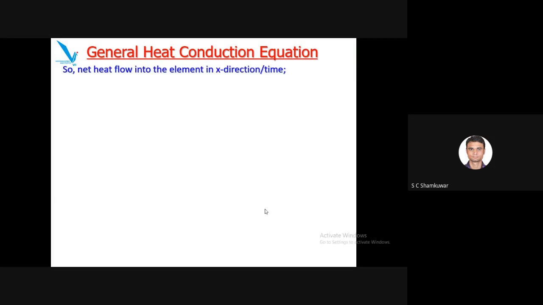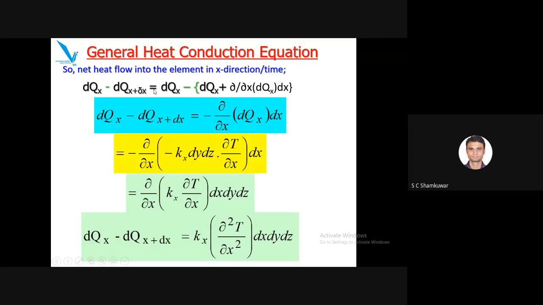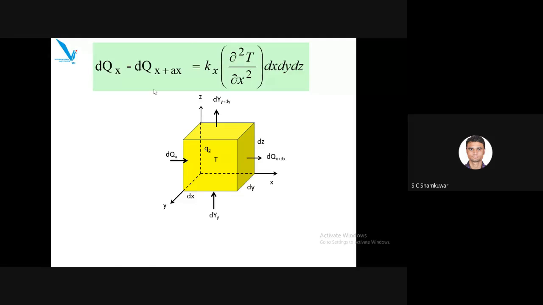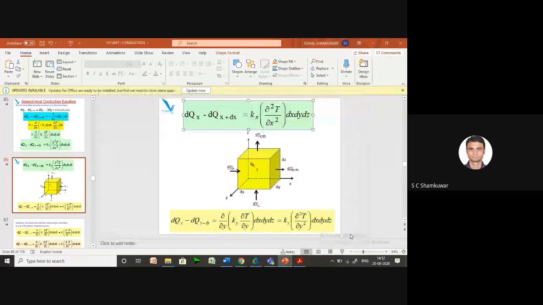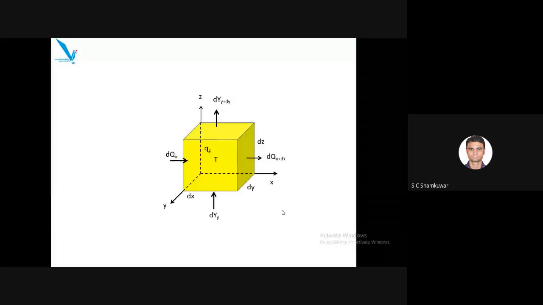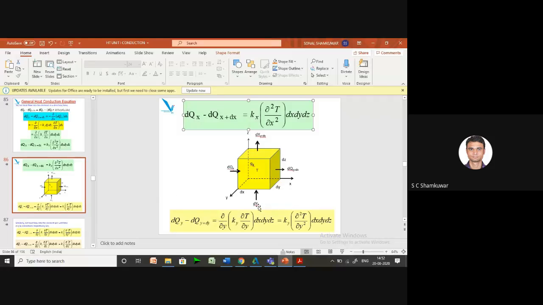Then now we have calculated the total heat change in x direction. Now you can calculate the total heat change in y direction also the same way. Okay, so what is dQy, sorry,